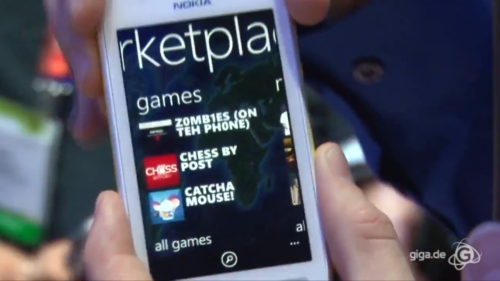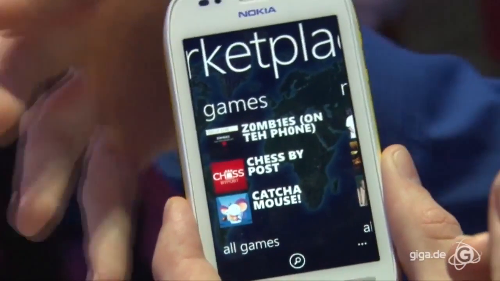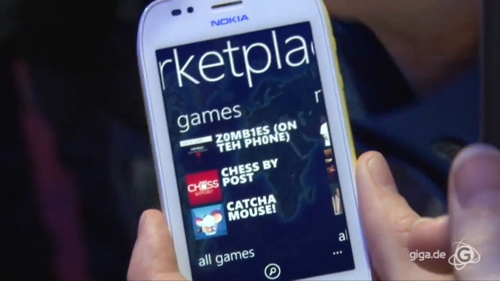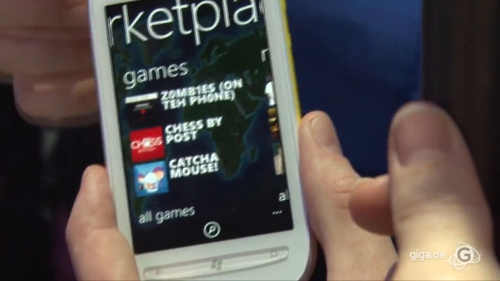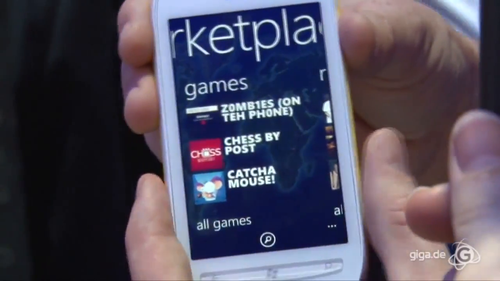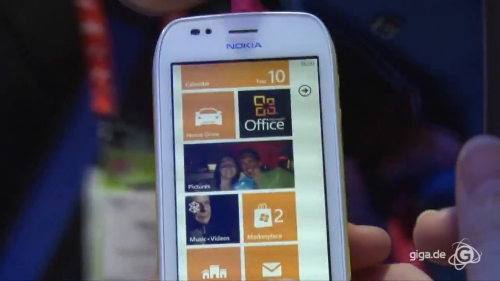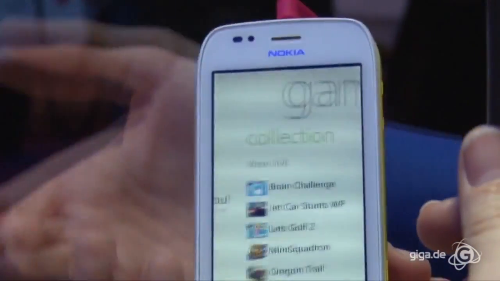There's an application you can download where you can control your Xbox from here. You can play games across both platforms. It's really quite amazing, the integration from Xbox to your smartphone and how you can socially interact with your connections. It's pretty powerful. Together with that, there is the Xbox Live application where you can compete with friends for points